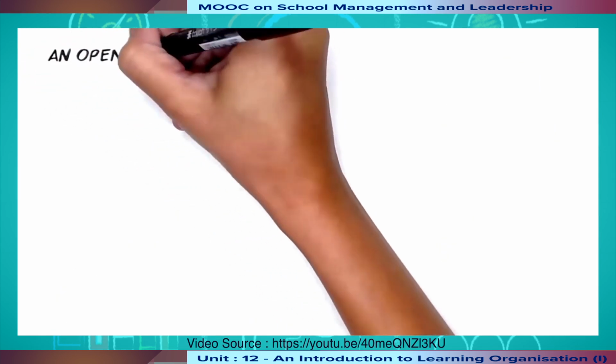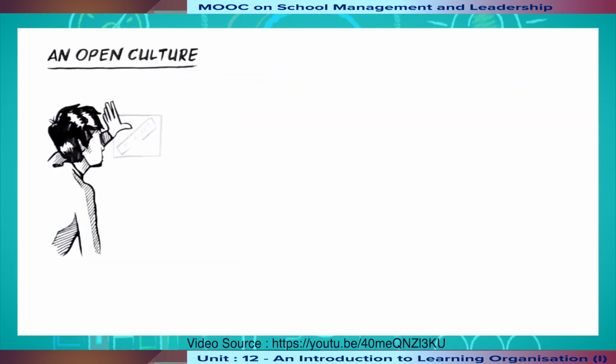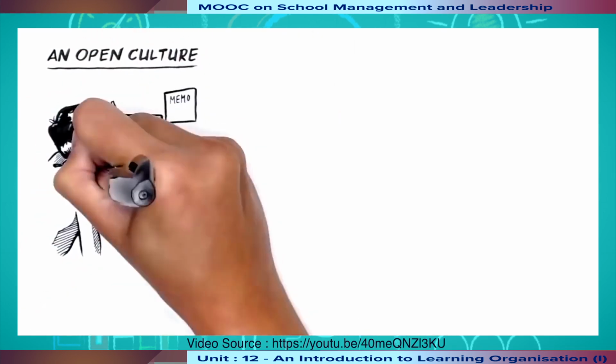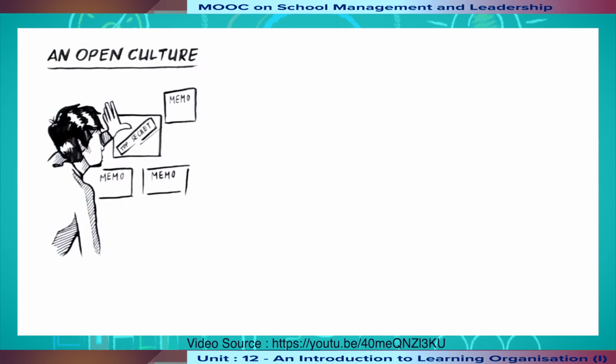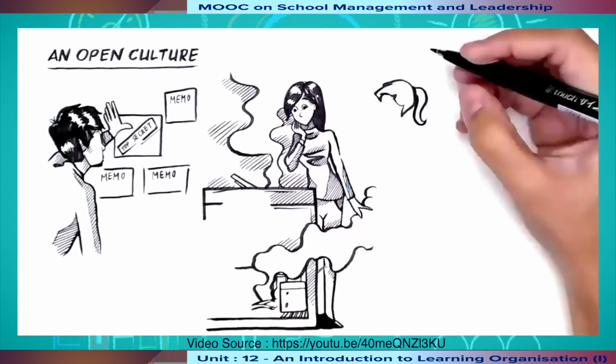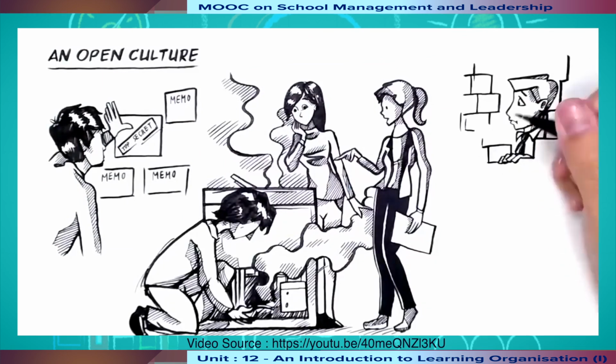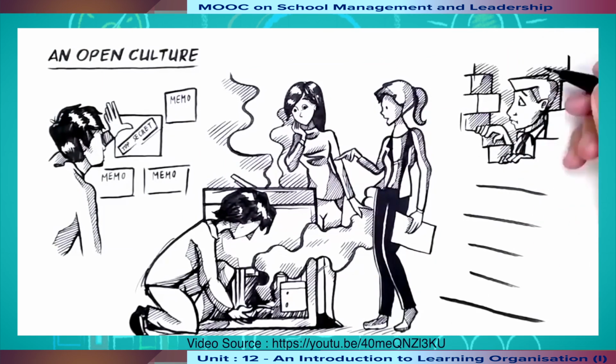They cherish an open culture. Learning organizations encourage everyone to share information, admit to mistakes, and practice giving and taking constructive criticism. Once a problem is found, they try to understand its root cause and fix it. To achieve such a culture, walls are removed, information is shared, and leaders show their human sides.